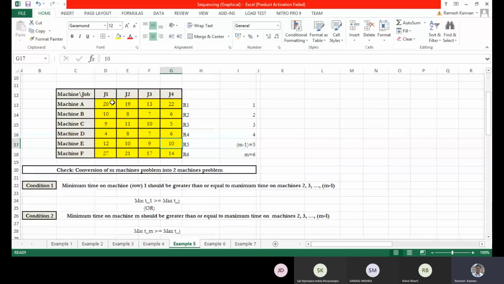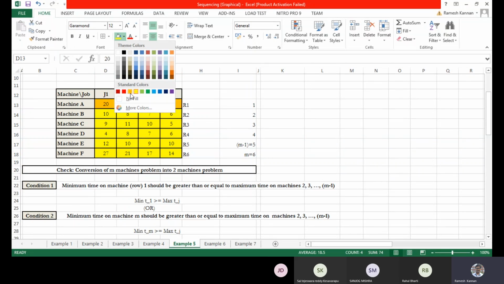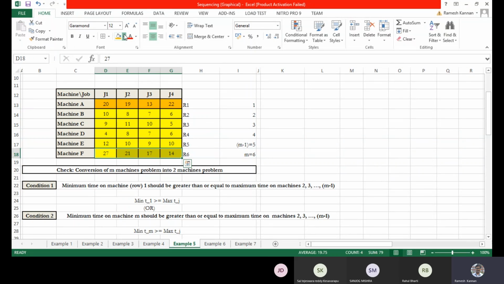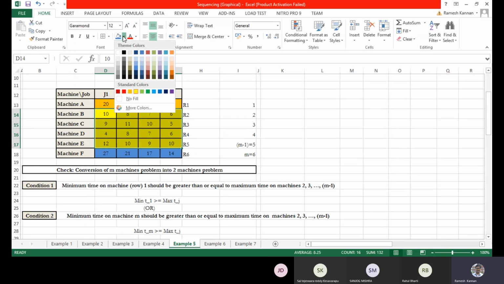It's fairly the same. So in the three machine problem, machine 1 gets compared with machine 2, and then the last machine gets compared with machine 2. In this case, you can think of this as row 1, this as row 3, and this as the middle value.